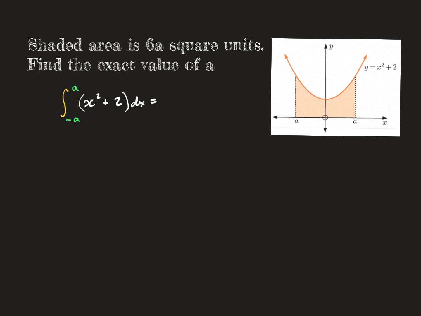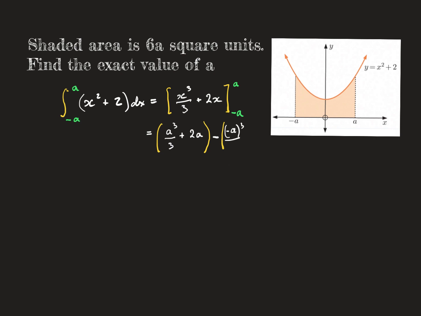In our usual way, we put square brackets and we integrate x squared, which is x cubed over 3, and 2x. Close the square brackets. Our lower limit is going to be minus a, and our upper limit is going to be a. And substituting the upper values first, we'll get a to the power of 3 over 3 plus 2a, and substituting minus a